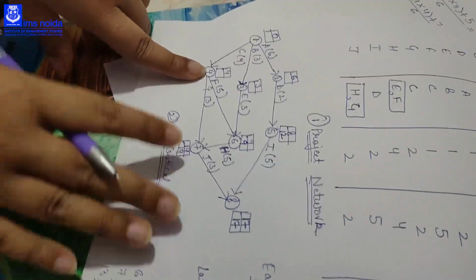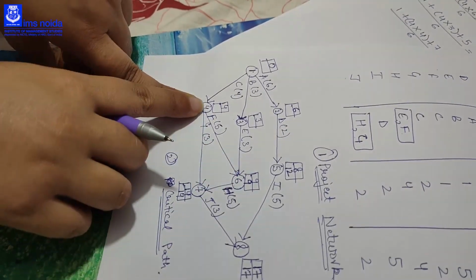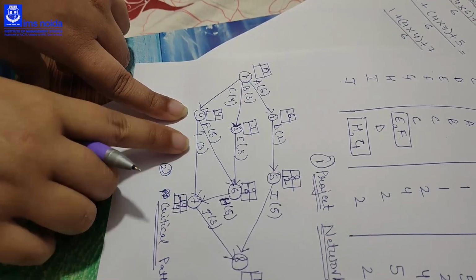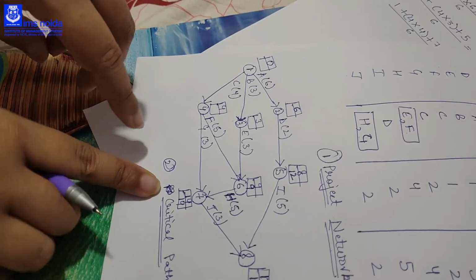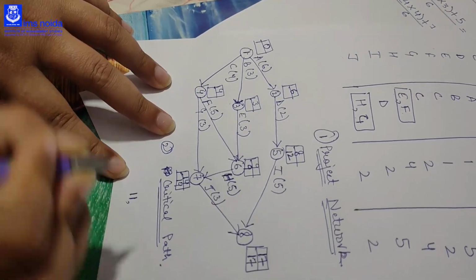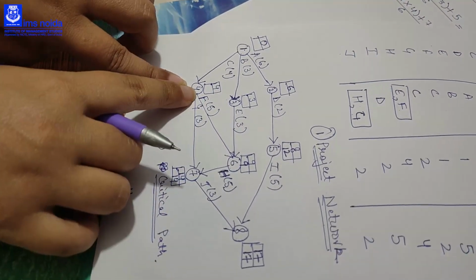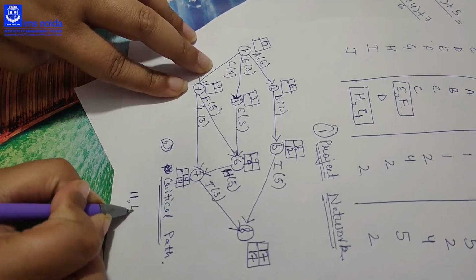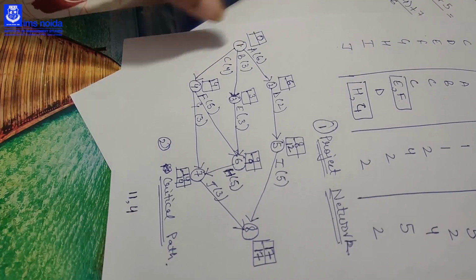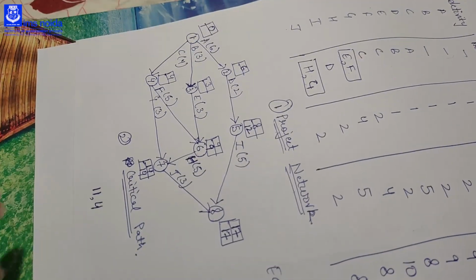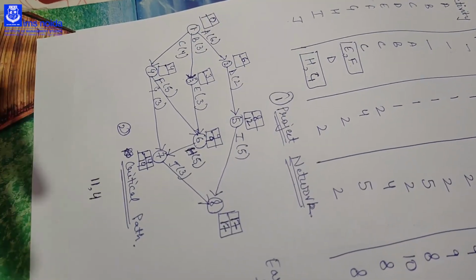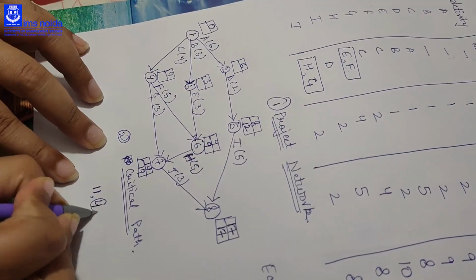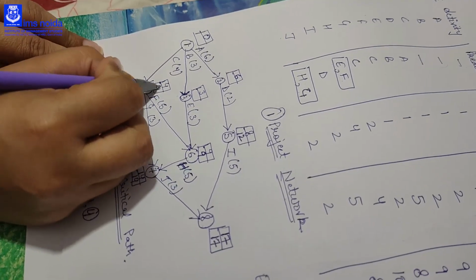Then you come to the 4. There are two ways to come to the 4, that is from 6 to 4 or 7 to 4. If you are coming from 7 to 4, you will minus 14 and 3, that is you will get 11. And if you are coming from 6 to 4, you will do 9 minus 5, that is 4. So as I have explained in the critical path method also, while coming backward, we will take the minimum. So here the minimum is 4. So LC of 4 is 4.